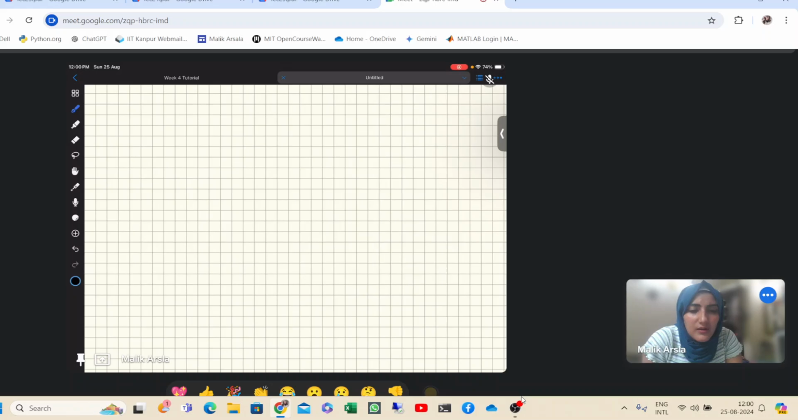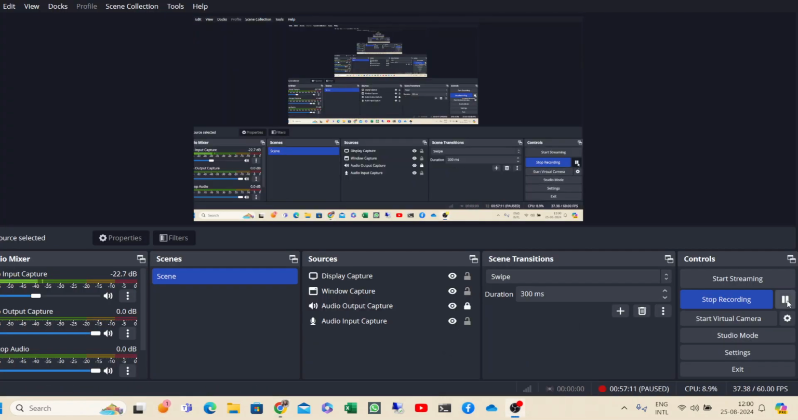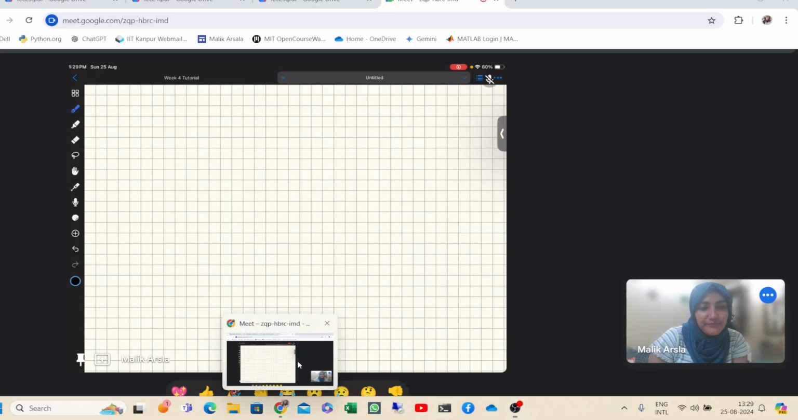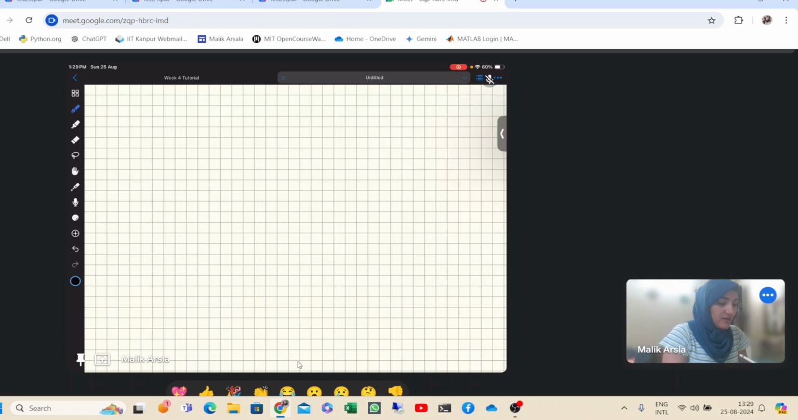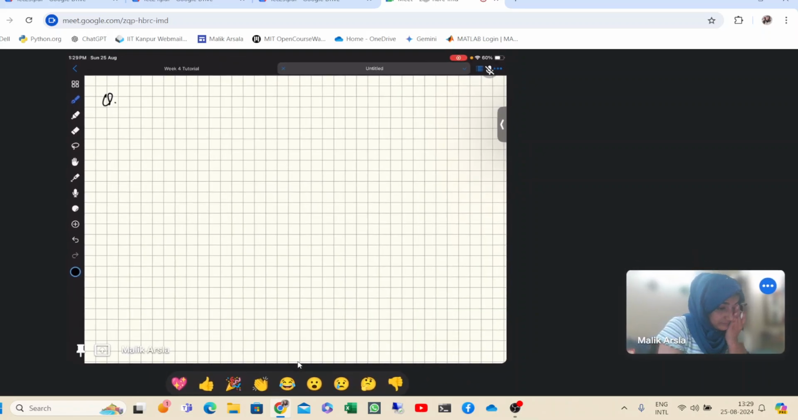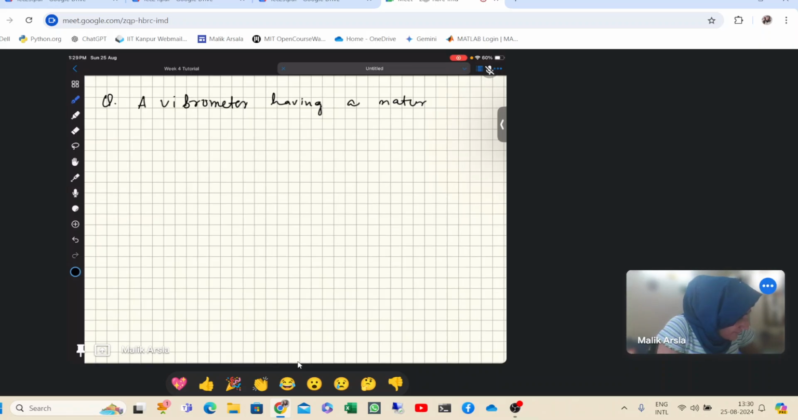Now going to the next question. So the next question we have is: a vibrometer having a natural frequency of 1 hertz and zeta equal to 0.2 is attached to a structure